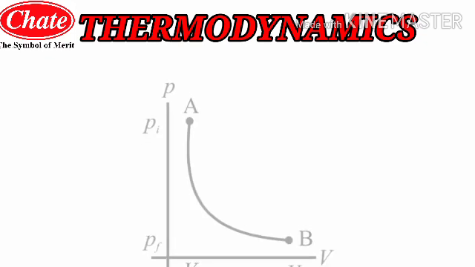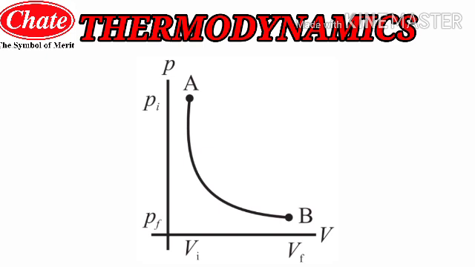So students, the part which we have learned in the previous lecture will pop up on your screen. So these are the things that we have learned. The process is the isothermal process, in which you can see the PV graph for the isothermal process. But first of all, we will see the definition: the process in which the pressure and the volume change at constant temperature, then we can say it is the isothermal process.